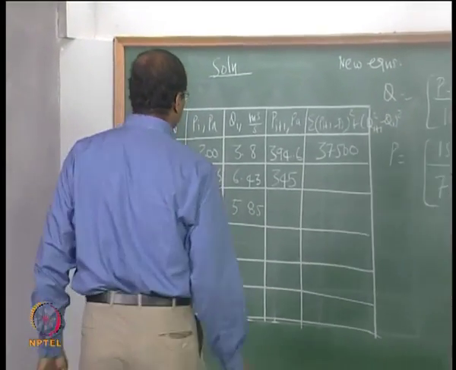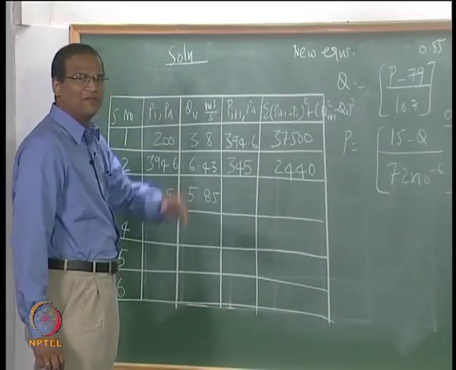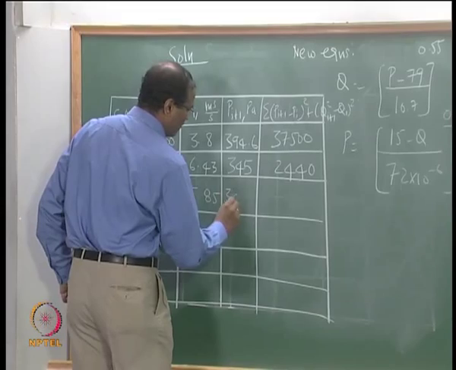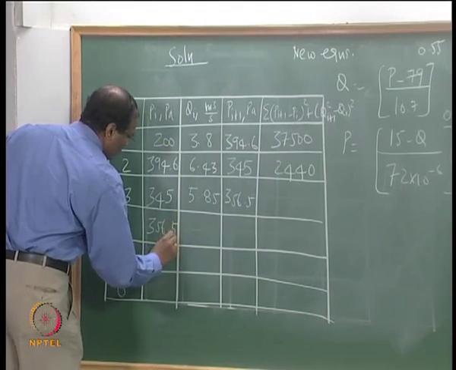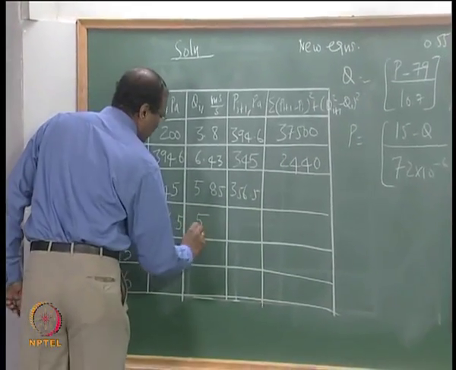2440.7. 2440, not bad, right? Okay, but we are still way off from our target. I think we are almost there. Now you tell me,